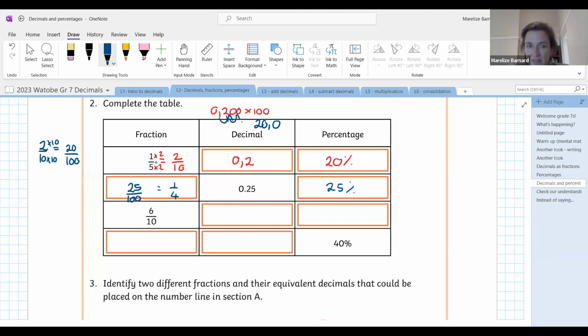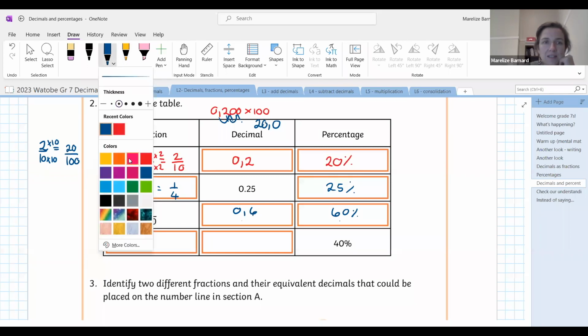Okay, 6 tenths. What will that be as a decimal? And then what will that be as a percentage? Decimals 0.6, and then percentage is 60%. That's nice. Okay, so for those of you who don't understand and are not sure, I'll do that extra bit